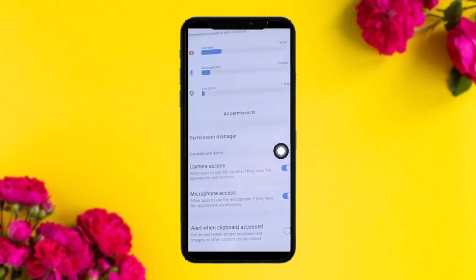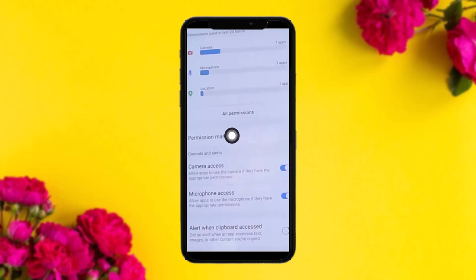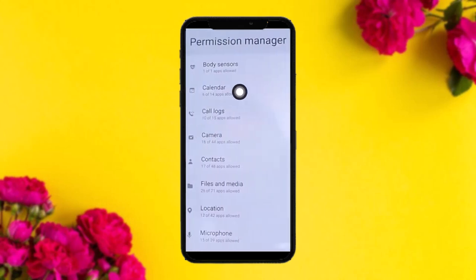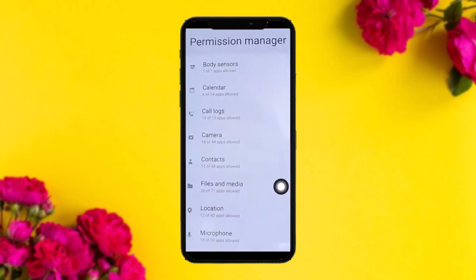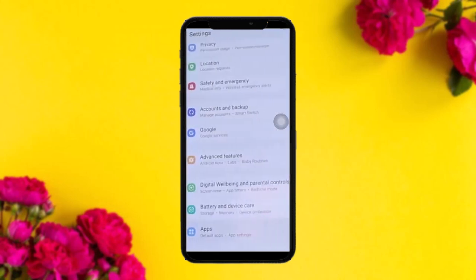Simply tap on that, and once you tap on that, here you'll find an option that says permission manager. Simply tap on that, and once you're inside permission manager, here you'll find an option that says files and media. Simply tap on that, and here you can allow access according to your selection for your required app. If you want to give the access manually, what you can do is go back